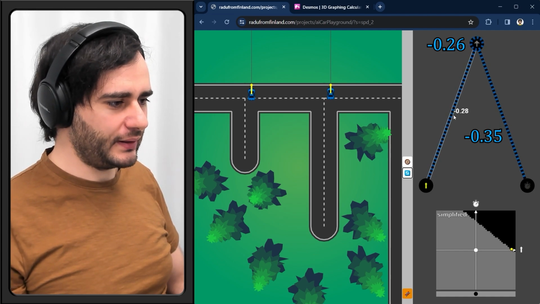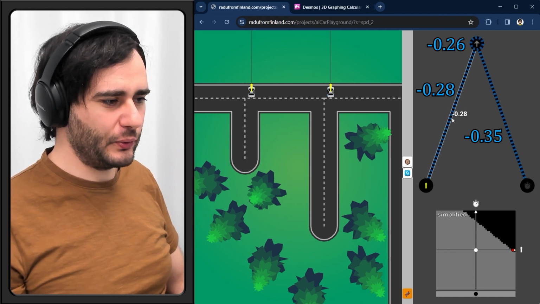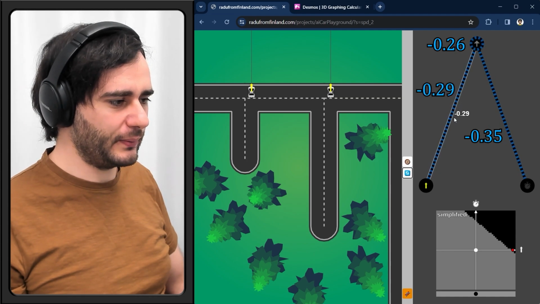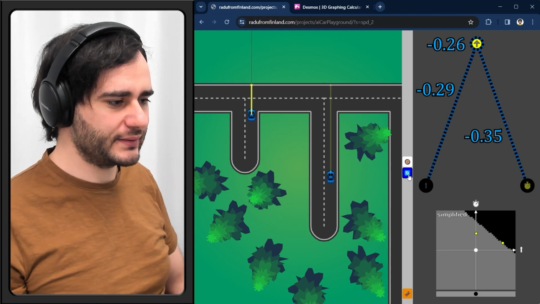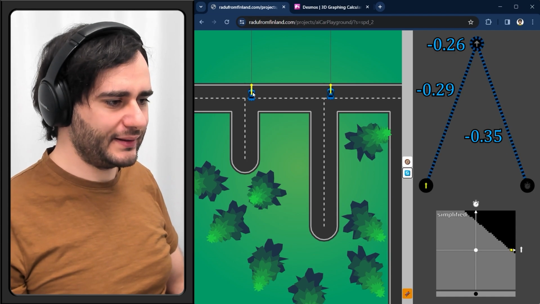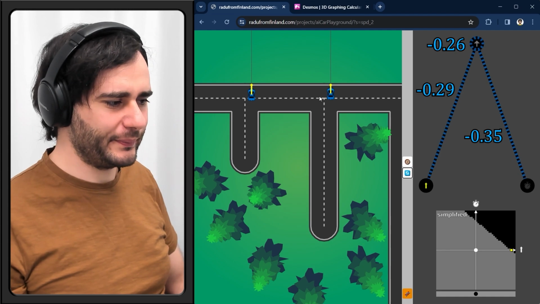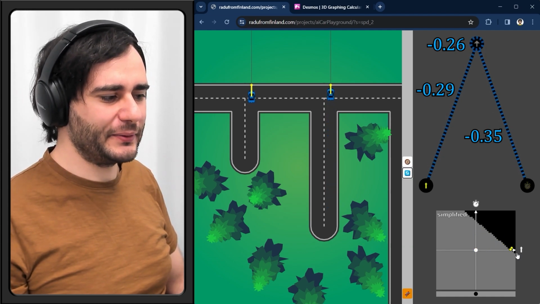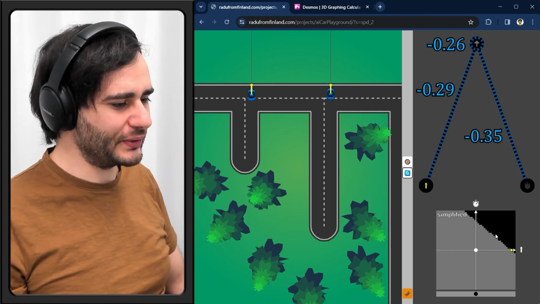Let's try 28. And the one on the right is also moving now, and it's too much. It actually collides to the wall. So let's just stick to minus 0.29 and rerun this simulation. And this one got closer, but it's still not exactly there. And it's doing that thing where it's sliding down the hill instead of jumping somehow, slingshotting like that so that